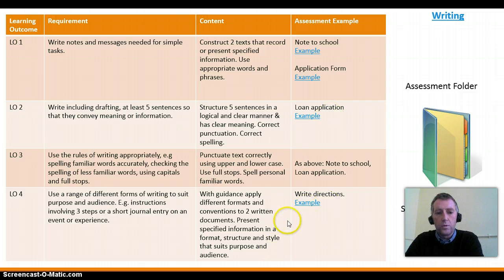learning outcome 4, with guidance, apply different formats and conventions to written documents. Use a range of different forms of writing to suit purpose and audience. For example, instructions involving 3 steps. So in this case, we ask the student to write how to get from the library to the bank, which involves going through 2 streets. So they have to write the steps from going one place in the town to another. So that's the assessment briefs for